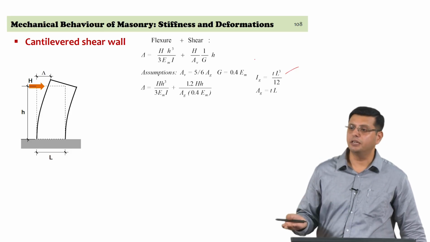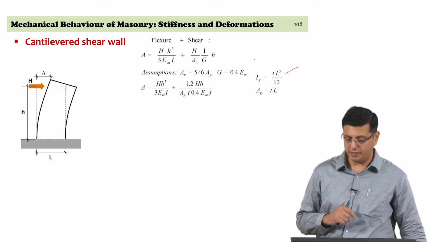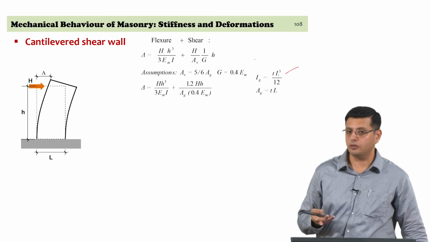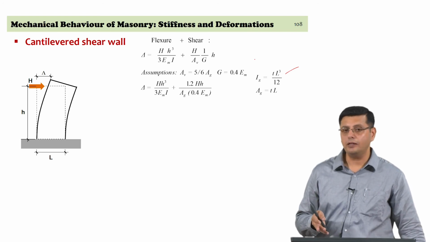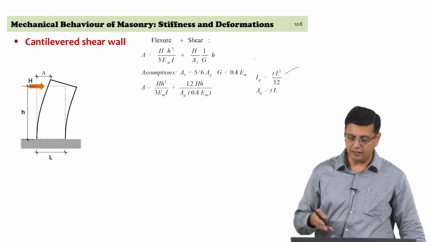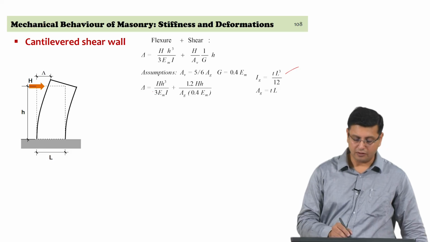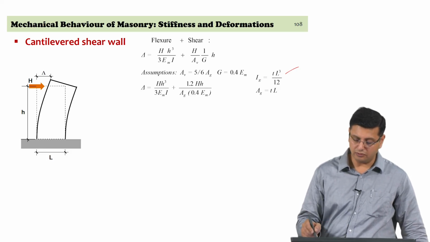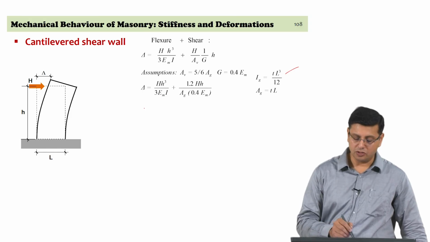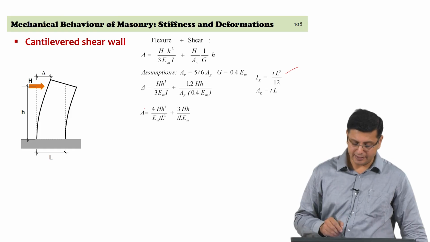We are linking the shear modulus to the Young's modulus of the material, E_m, and an assumption that the shear modulus is about 40% of the Young's modulus is a fair estimate for masonry. So, we have numbers for A_v in terms of the gross area and the shear modulus, and using those simplifications and expanding on the total deflection, which is the flexural deflection plus the shear deflection, and simplifying,